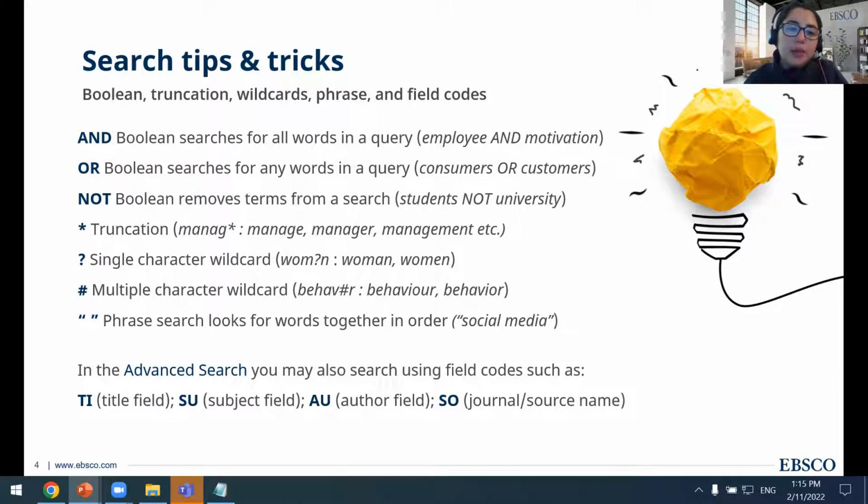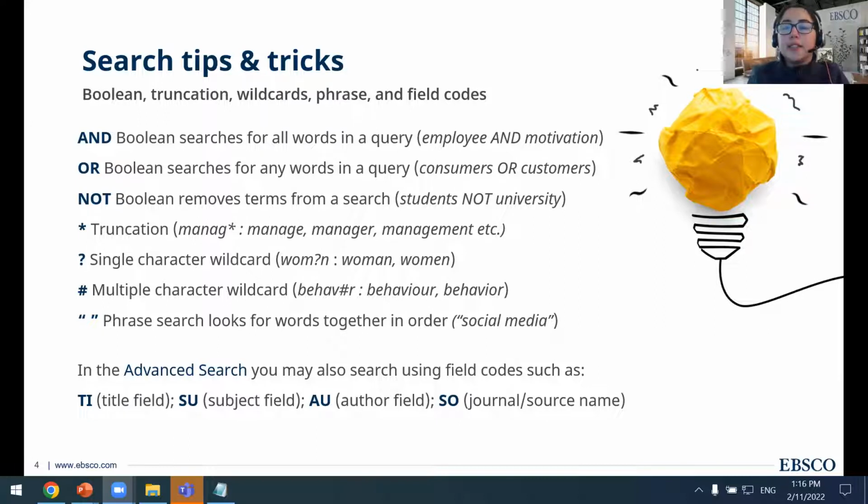Now, another thing I want to point out, if you want to specify that you want to look at a certain field in the advanced search, you can also do that. So for example, you may have come across a title of an article by looking at a bibliography or a reference list, or it might be something that your teacher said that they recommend you look for. And you want to see if that title is in the database. Well, you can type in that title and then indicate that you're only looking for a title using the select a field dropdown, which we'll go into in a minute.